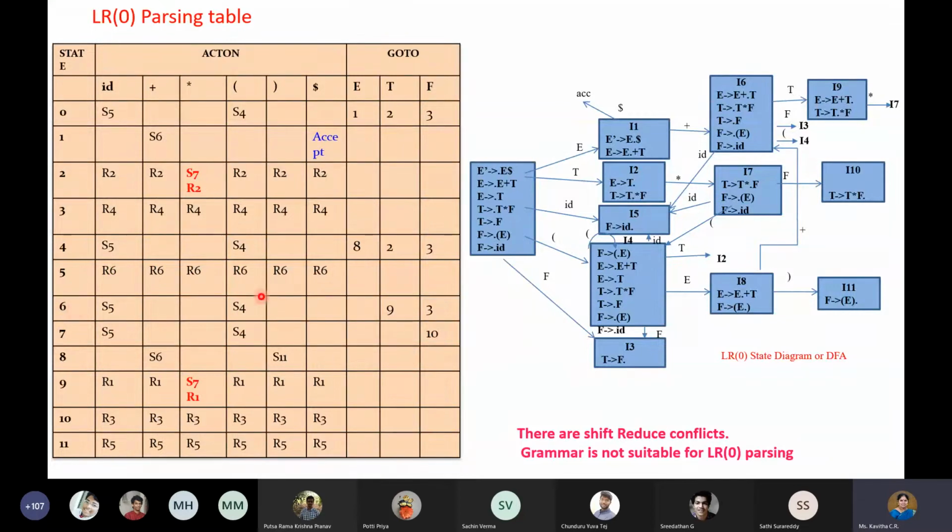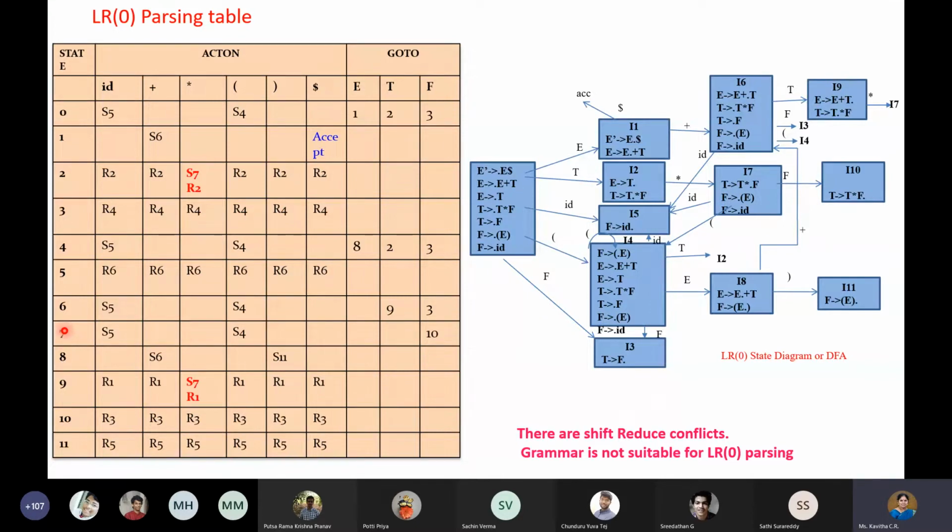And coming to state number 6, at state number 6, you see all the transitions. On T, it is going to state number 9. And on F, it has to go back to reusing the state, that is 3. And on open parenthesis, it is shifting to I4, so on open parenthesis, it is S4. And similarly on ID, you can see it is I5, so it is S5. So that is about state number 6. How many transitions? We have 4 entries made.